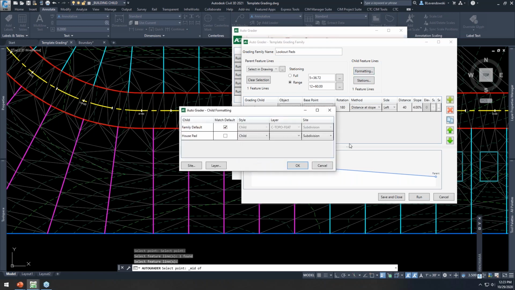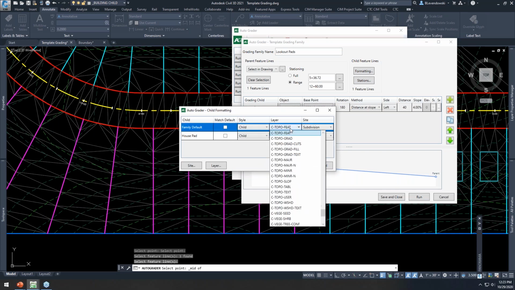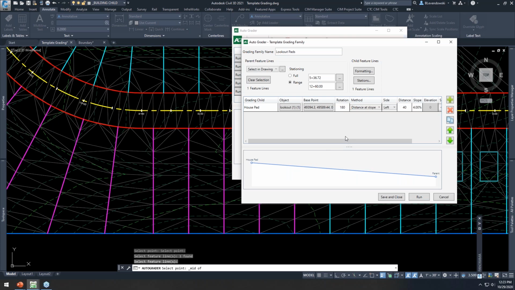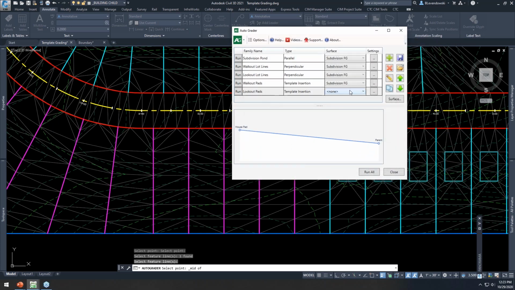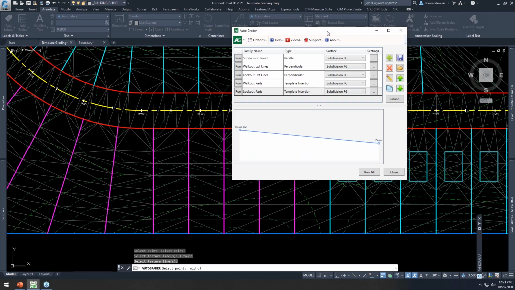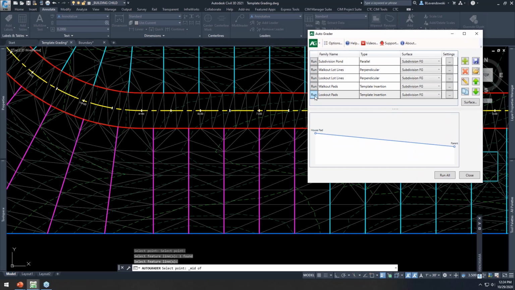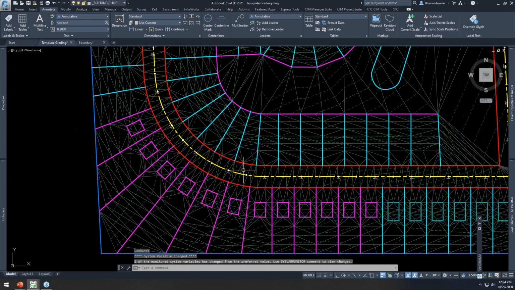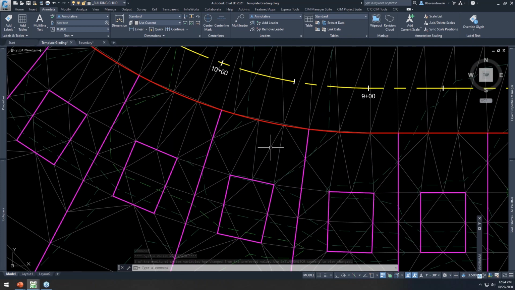So let's go to the formatting. Again, make sure we have our layering set correctly. These are lookouts. I'm going to save and close this. If I wanted to add to the surface right away, go ahead and do that. Confirm my supplementing factors. Hit OK. And I'll go ahead and run lookout pads option. Everything's inserted. Okay, so those parameters I'm spelling out in the grading family is 40 feet from here to here